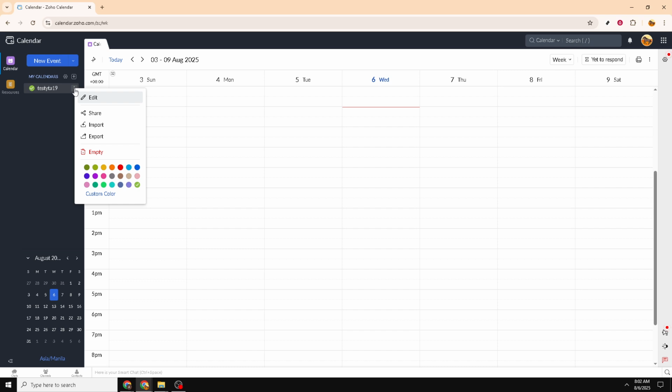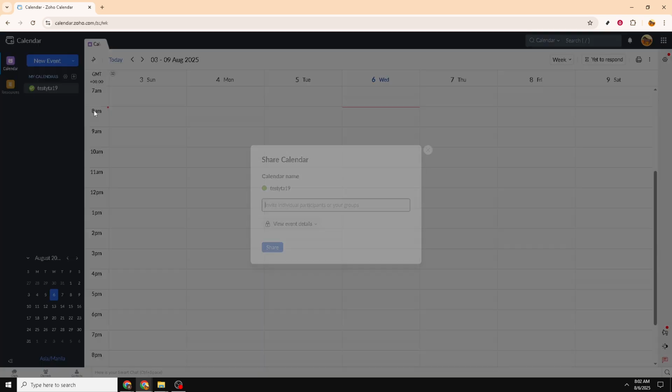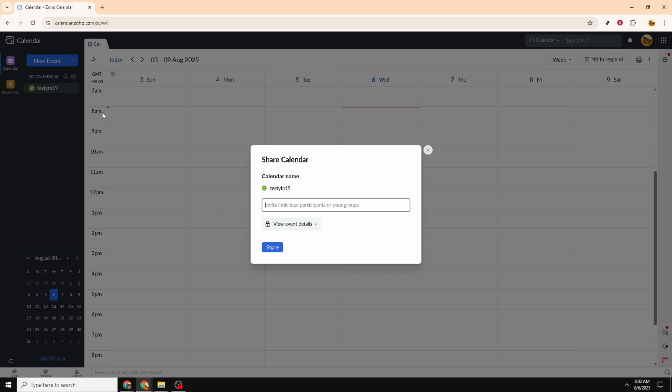Now, in the drop-down menu that appears, you'll see an option labeled Share. Clicking on this will bring up the Sharing Settings window, where you can specify exactly who you'd like to share your calendar with and how much access they should have. Think about who needs access to your schedule and in what capacity. Perhaps a colleague needs to see all your meeting details, while a friend only needs to know when you're free